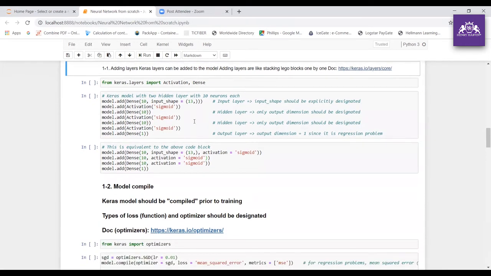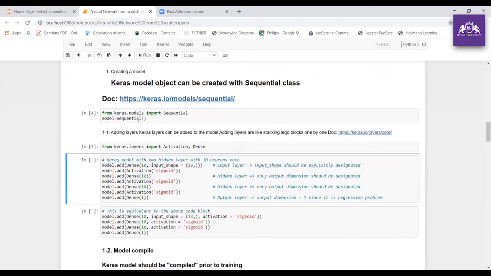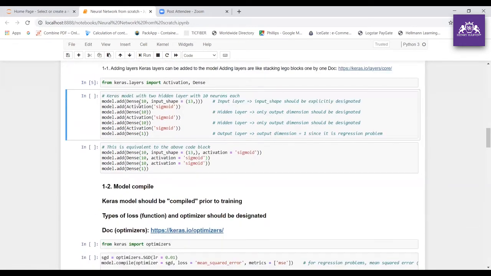What I'm going to do now is make a Keras model with 2 hidden layers with 10 neurons each. We can write the code in 2 ways, and I have tried to show you both. Let me execute this code first. model.add. What is this model actually? Model is equal to Sequential, right? So model.add(Dense(10, input_shape=(13,))). 10 is the number of neurons, and input shape is 13, right?